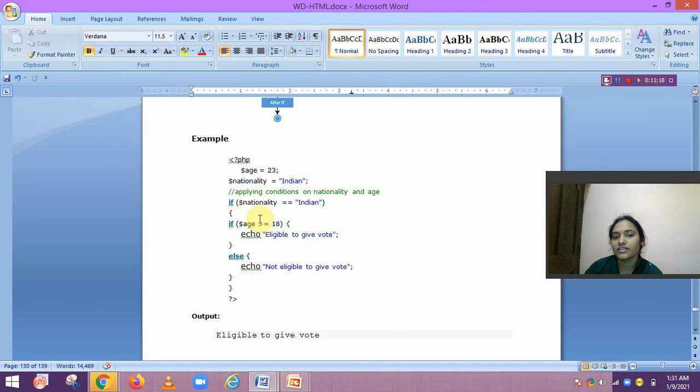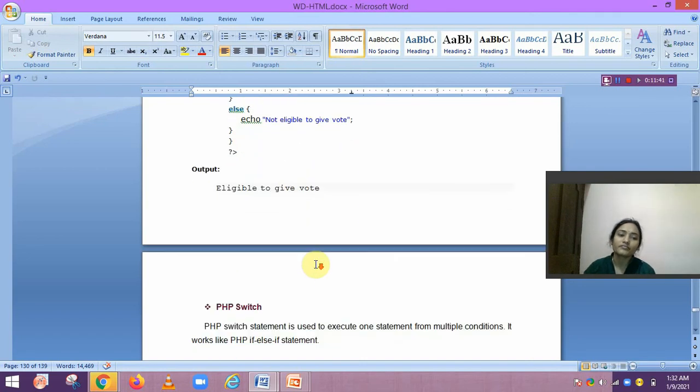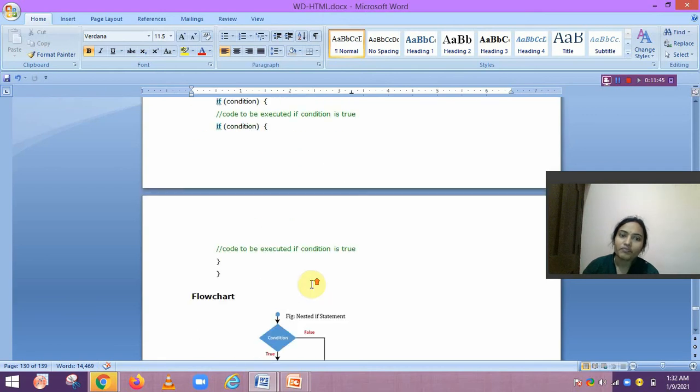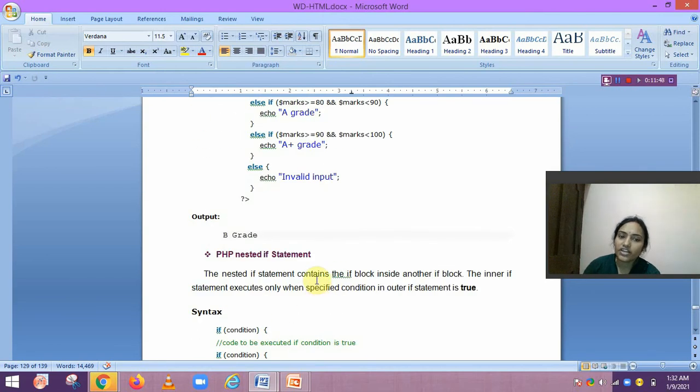If $age is greater than or equal to 18, then it will print that eligible to give the vote, else not eligible to give the vote. If he or she is Indian and the age is greater than 18, then it will print this message. So in this way we write the nested if statement.